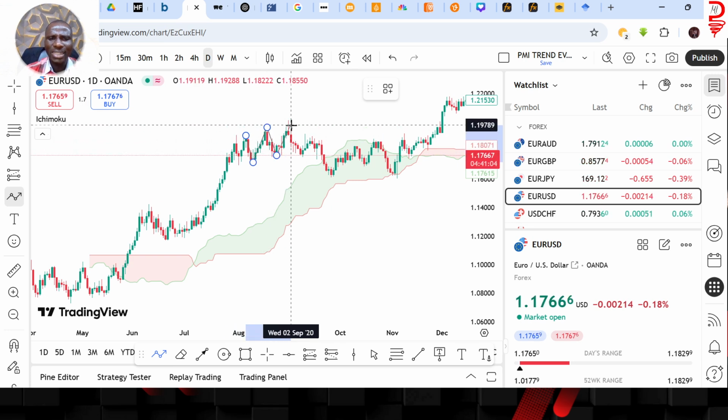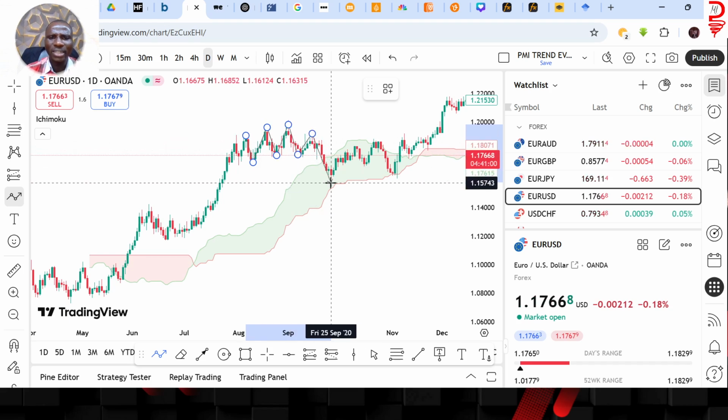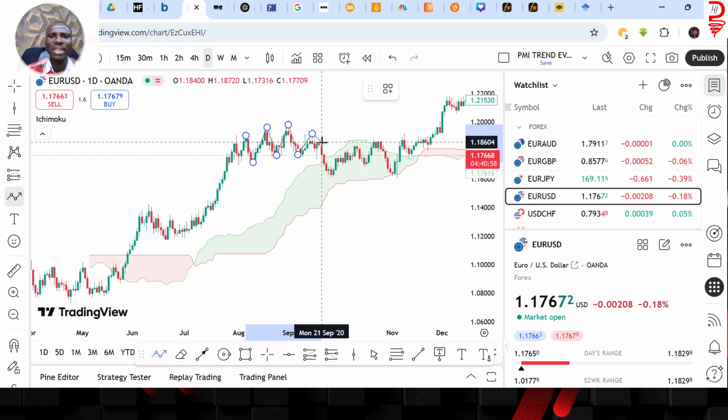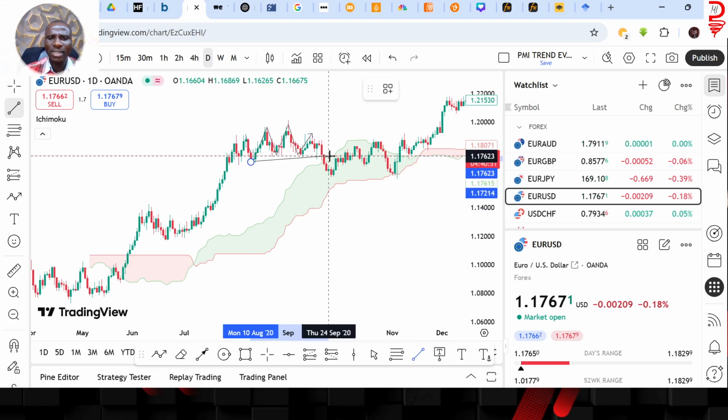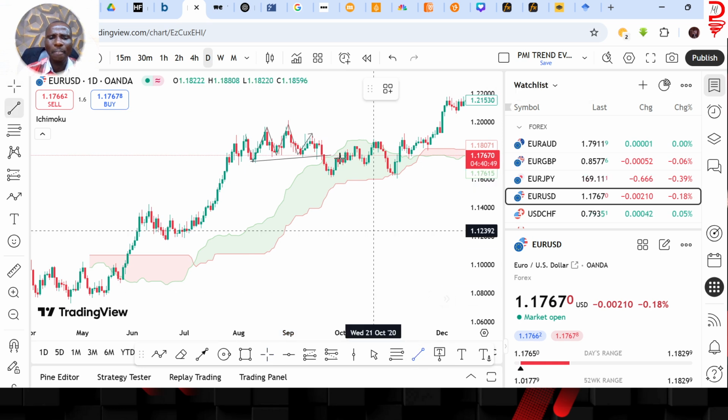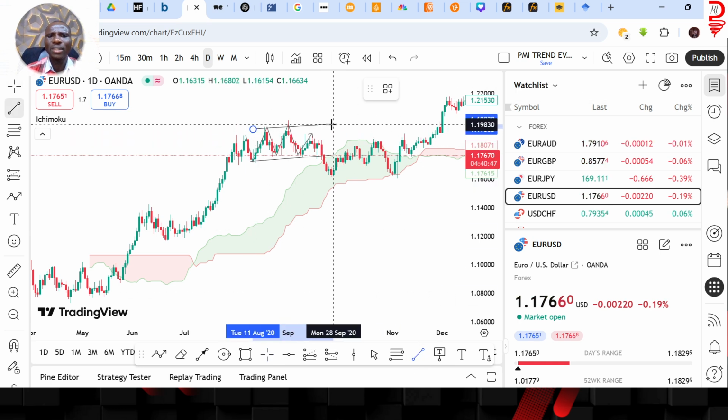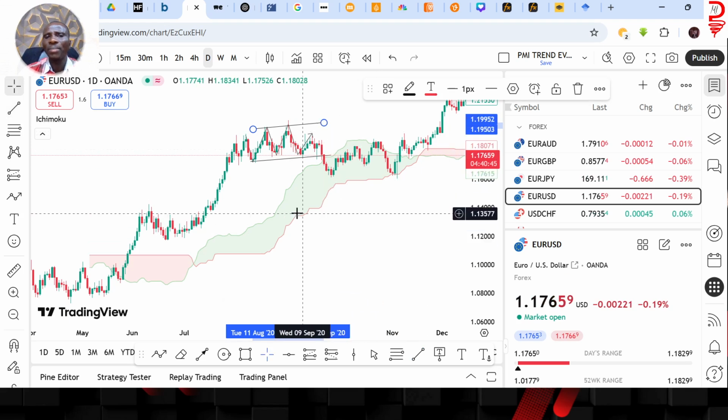Now notice that it's not really breaking the resistance zone until it got to this place. Are you getting it now? This is like a ranging character, and it's still a structure that you might need to consider, because from that